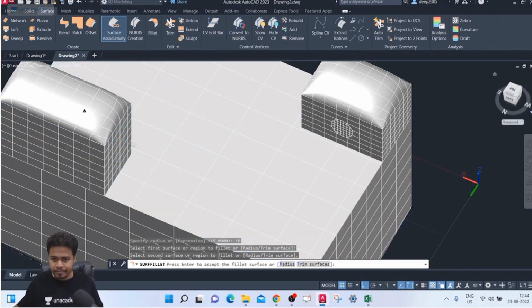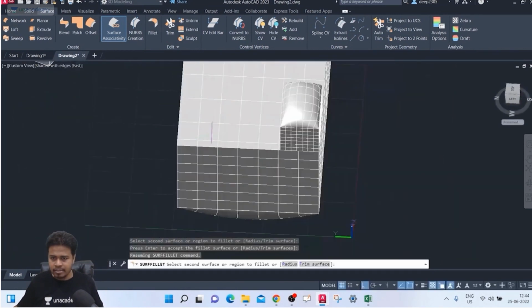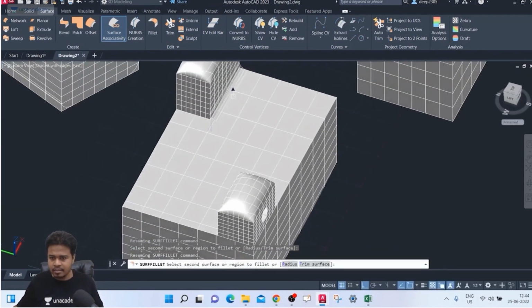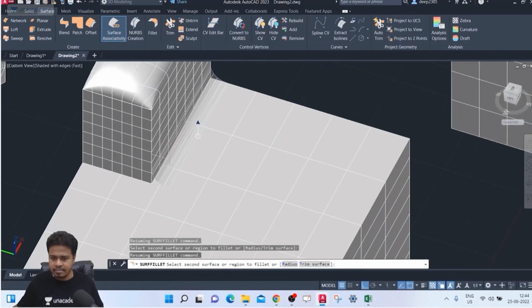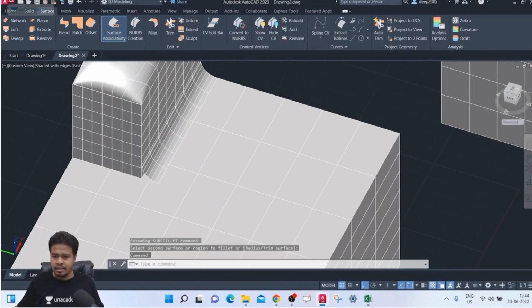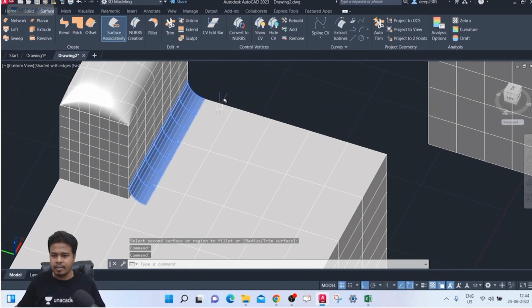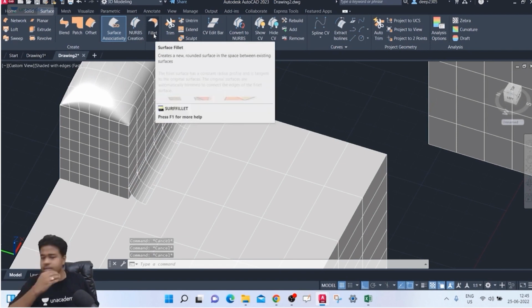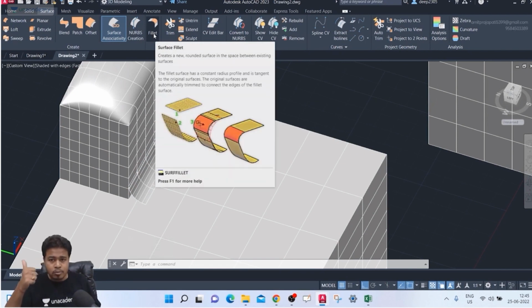Okay. Now you can see the fillet. See, the fillet has been done here. Okay. Press enter. Okay. So this is how fillet is done. So before fillet, okay, we have some more options of fillet. So to see that, we must know some more options, like how to explode the surfaces and how to first